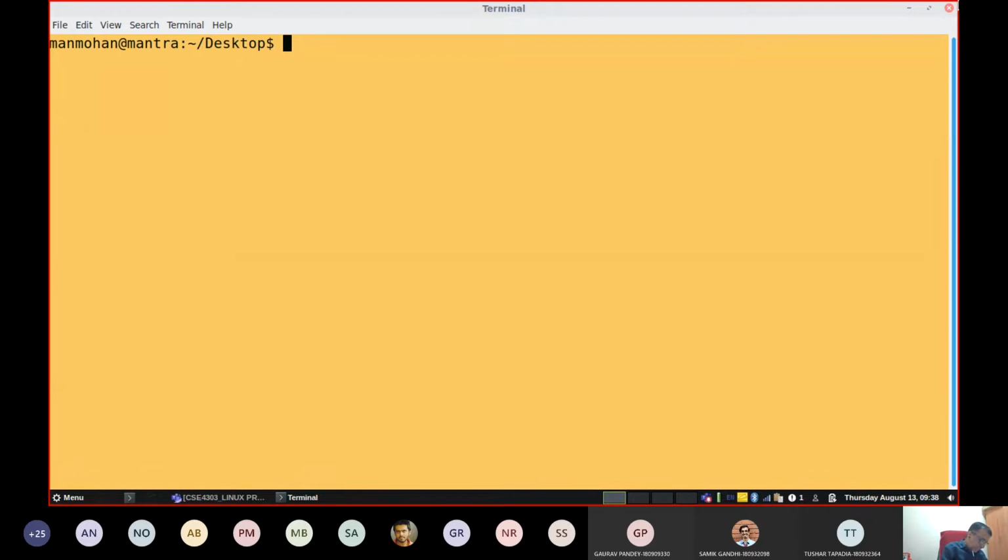In the last class also we discussed it briefly. If you type whoami, note down the case also. Linux is case sensitive. I am typing all the commands using lowercase alphabets. Whoami, then I am going to get my username.